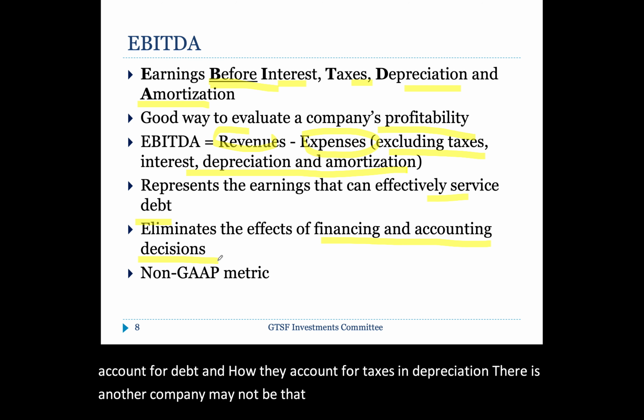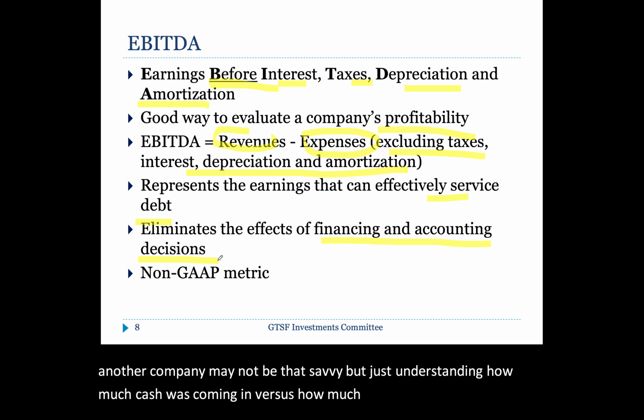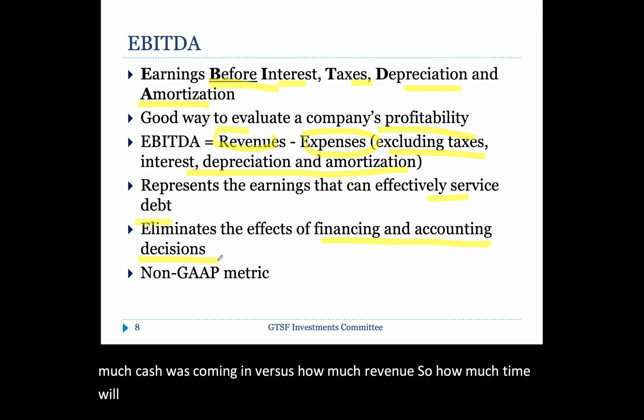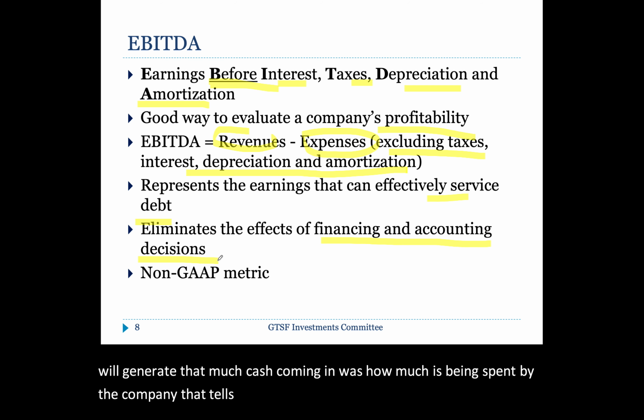But just understanding how much cash flow is coming in versus how much revenue is being generated, how much cash is coming in versus how much is being spent by the company, that tells us that company is... net EBITDA, which is helpful in understanding how they're going to pay off their debt and whether they'll be profitable